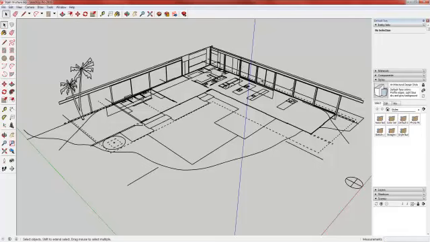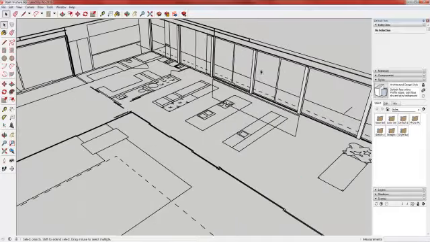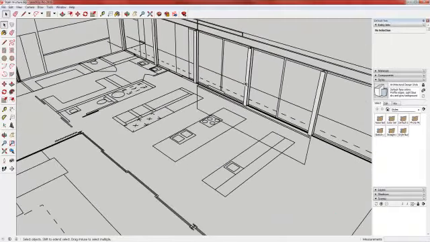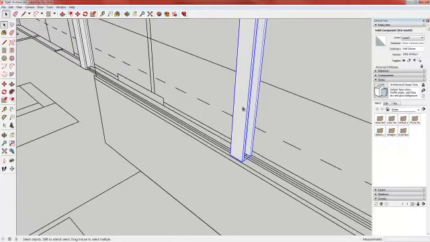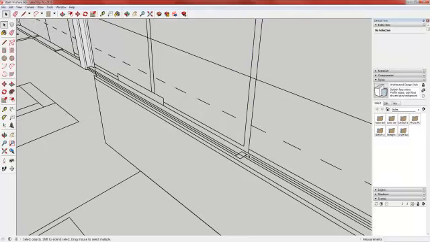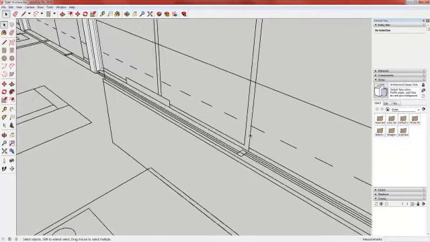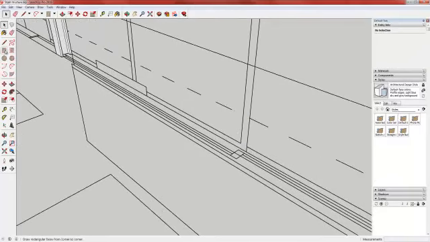Now there are a couple little things that we need to check. One of those is that right here we have a pair of glass doors. Between those glass doors, we actually don't have a column. And if you look at the floor plan, there's just a block sitting between those two. I'm going to go in and we're going to go ahead and create that block